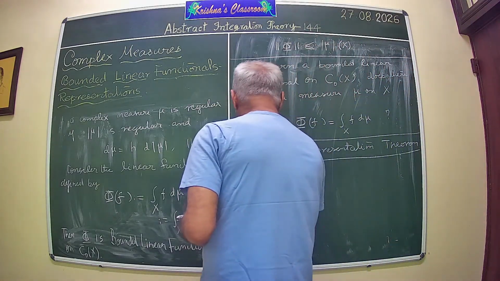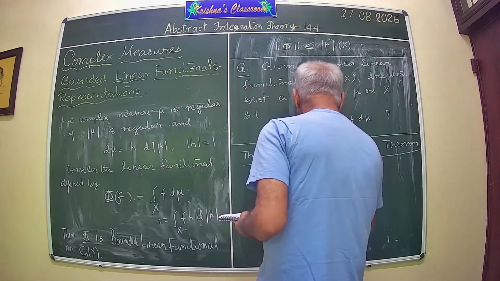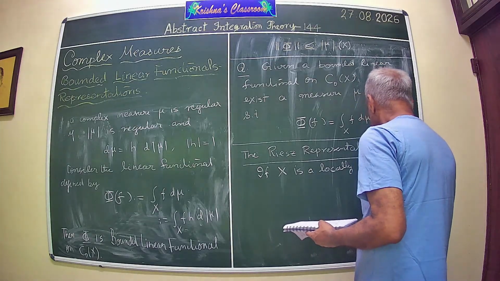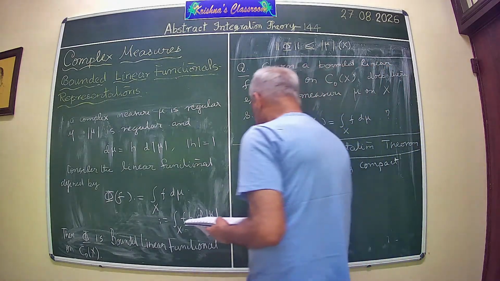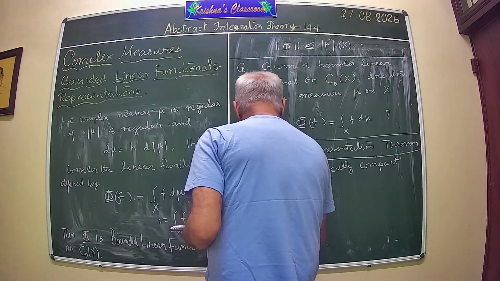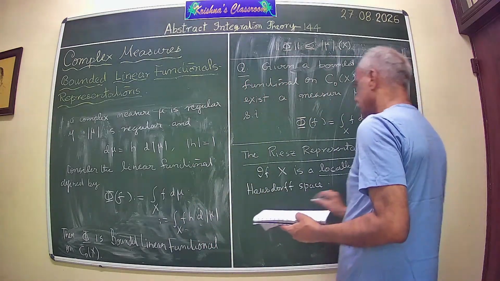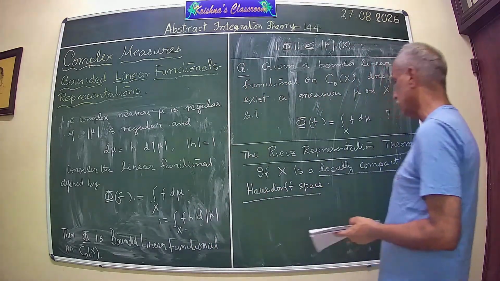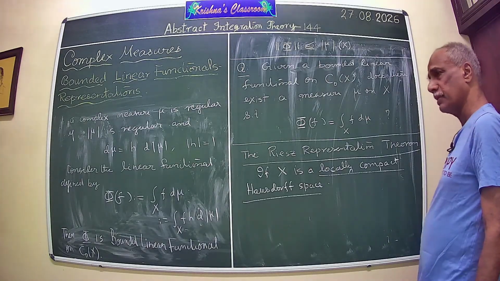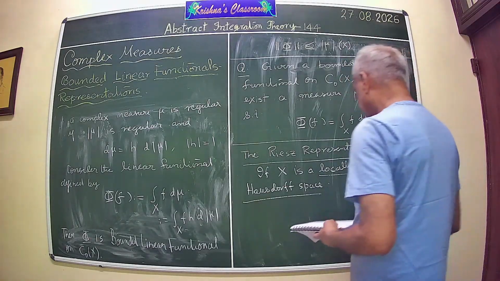So if X is a locally compact Hausdorff space, it's a topological space which has the separation structure of a Hausdorff space and it is locally compact. Okay? As we have defined earlier, then